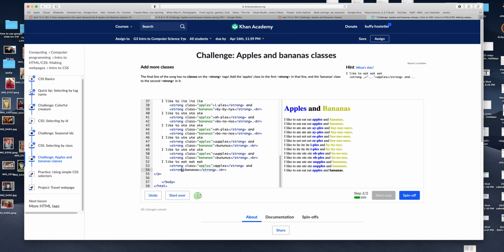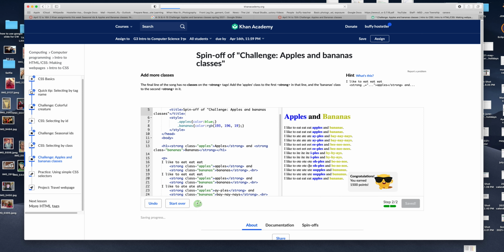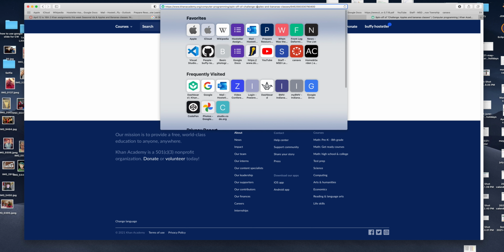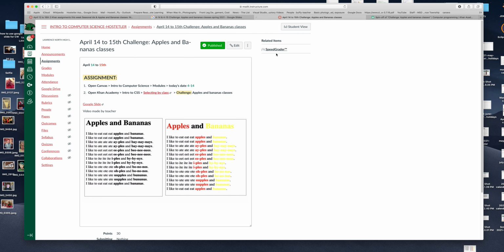I go behind that G, make a space, type in class equals quotation, and I'm going to put bananas. Now I have all of the apples and all of the bananas colored. So now I get spin off, which then I save, and then I can copy the URL. So I highlight it and I'll copy it, and then I will go into our assignment